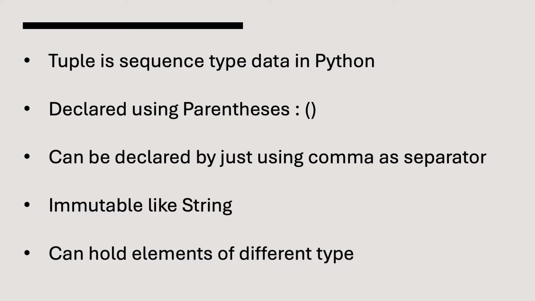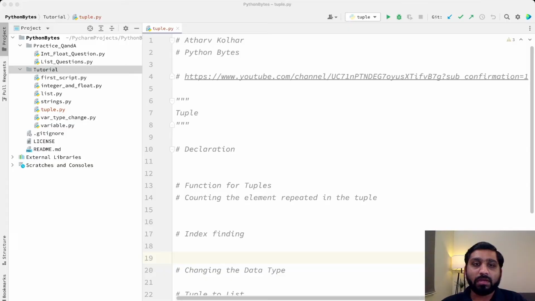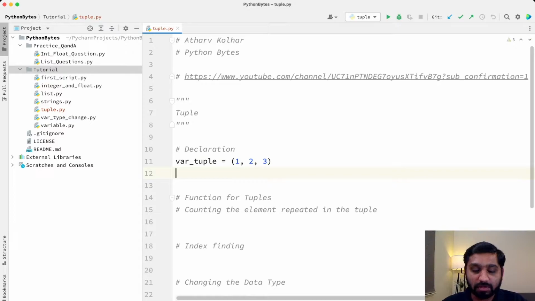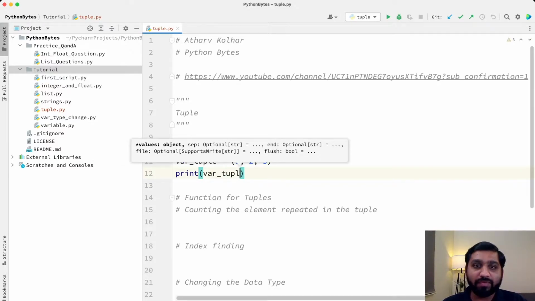Let us now start coding to understand tuple data type. Let us see how we can declare a tuple. To declare a tuple, there are two ways. So one way is using parentheses. So we can declare three elements in this tuple, 1, 2, 3. Let us see the type of this data variable. So var tuple, and when we run this,